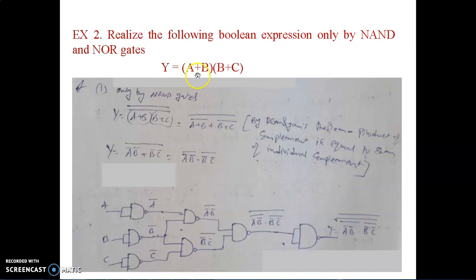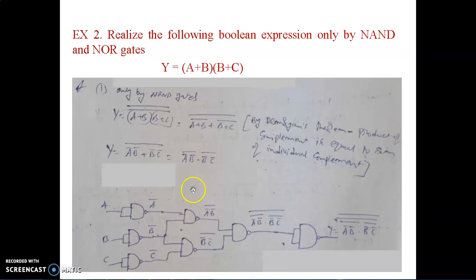Next, second example, (A plus B) dot (B plus C). This is in the product of sum form. So in order to implement the given equation only by using NAND gate, it should not contain plus sign. Here also the procedure is same. In order to remove the plus sign, take double complement, simplify by using De Morgan's theorem. Finally we get this equation. By using this equation, it is possible to build a logic circuit which contains only the NAND gate as shown